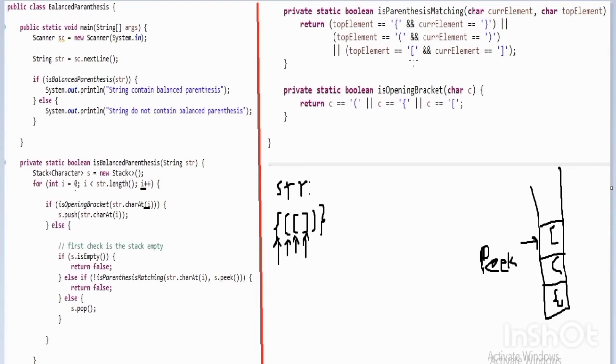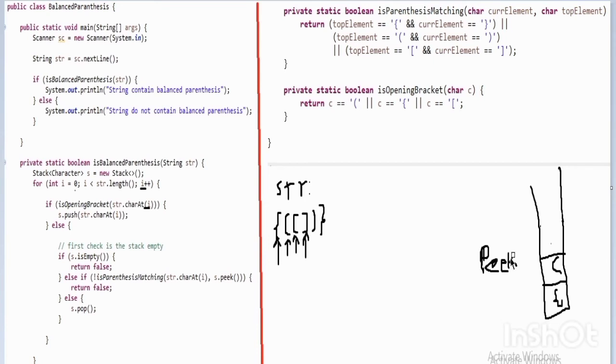So they are matching, so it returns true, but the negation operator inverts the output, so it becomes false. So this condition is also false. Then check the else condition, that is s.pop. Now we pop that character from the stack.